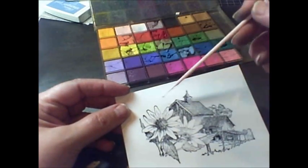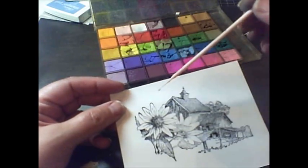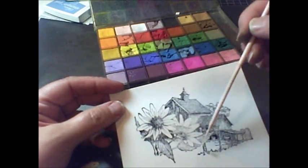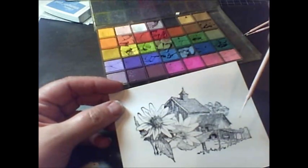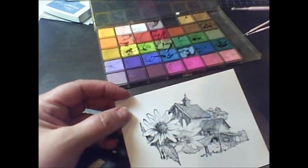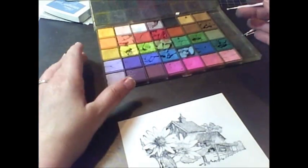And again, what I want to do is take this portion here, this daisy, and colorize it, which means I'm going to use a color that's really strong here, so this becomes the focal point. And I'm going to take the grass, everything, the barn, and mute it out so that you really don't notice it quite as much. I could have just as easily taken the barn and done it and muted out everything else, but these daisies are awfully pretty. I just couldn't let them go by the wayside. So once that dries,